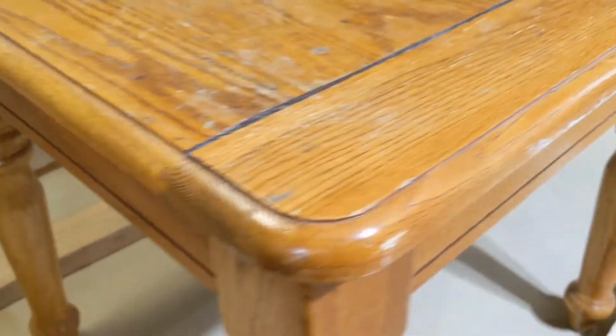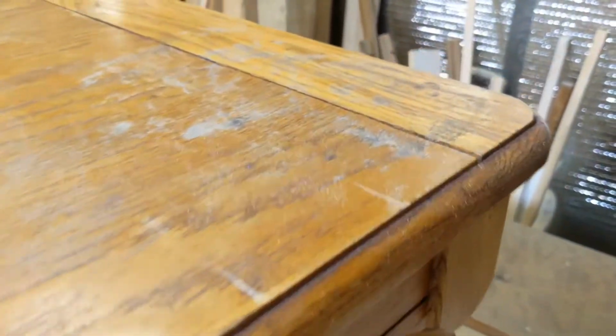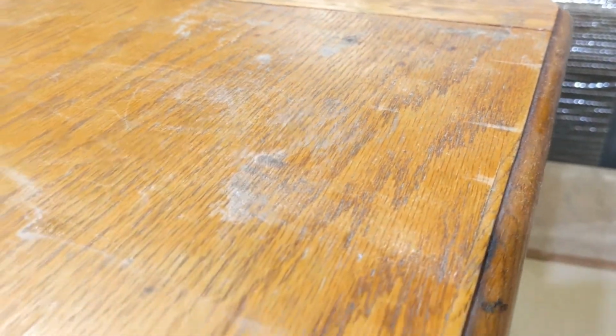I'll try to clean it up and see what I've got. I think I've got veneer, but I'm not sure. It's really hard for me to pass up a good curb find. I had a dresser I picked up with this, and I cleaned it up and I sold it for $30 a couple days later. So